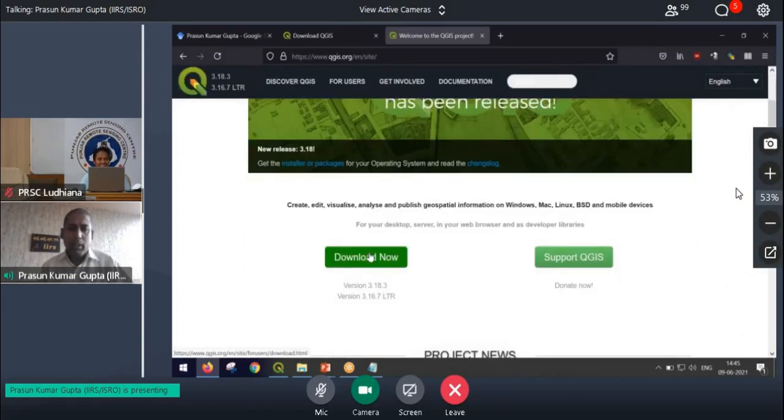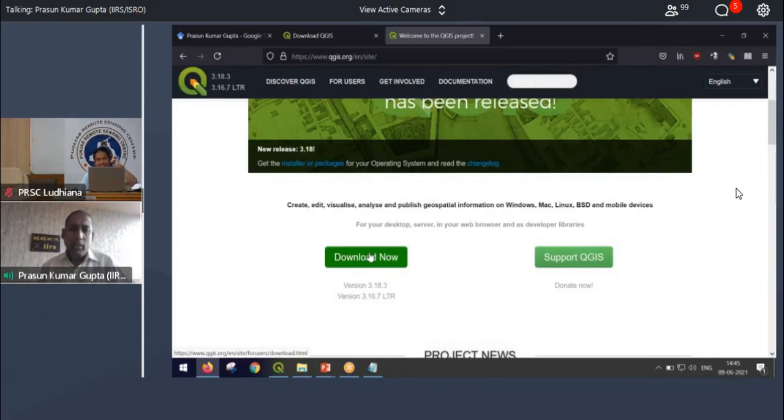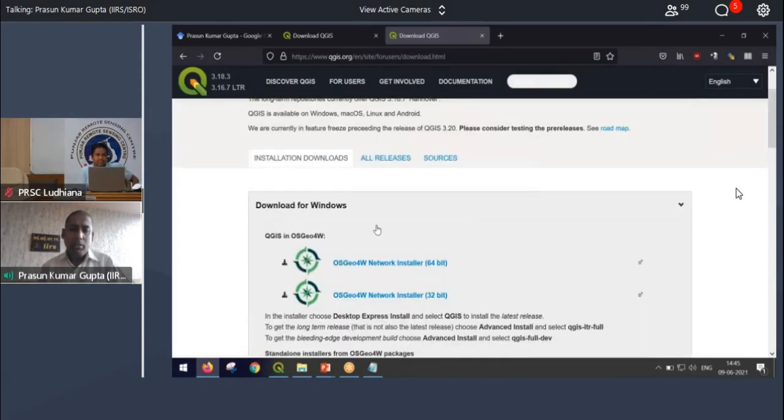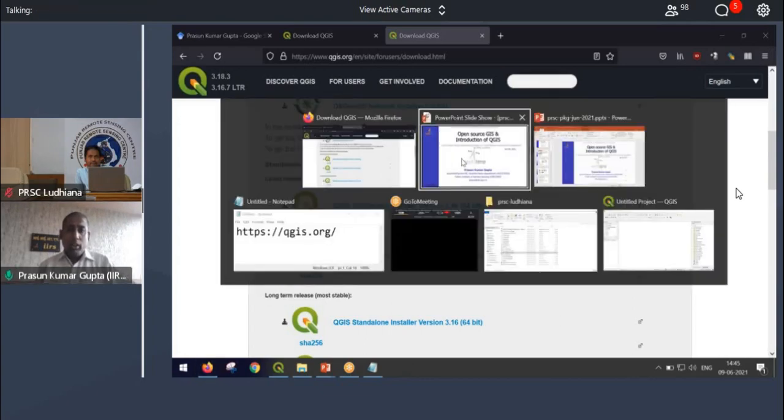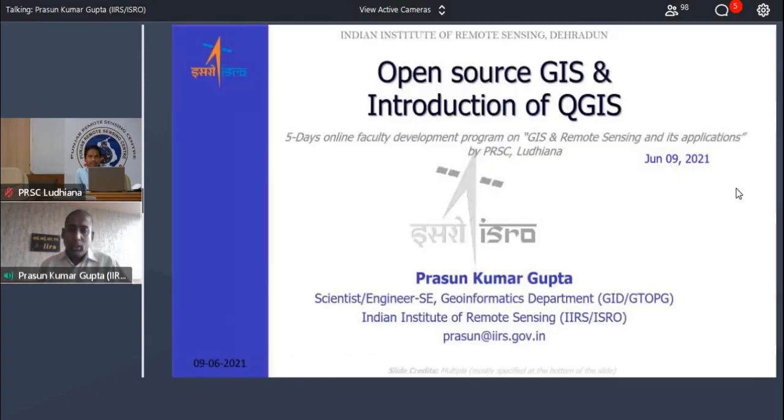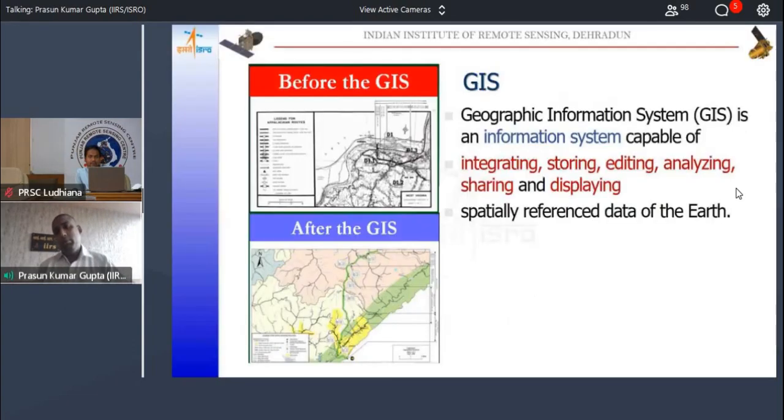It is about a 300 megabyte file. You can download the 64-bit version and install it. It is about 300 to 400 MB. By the time we actually do the hands-on, hopefully you will have already installed it.